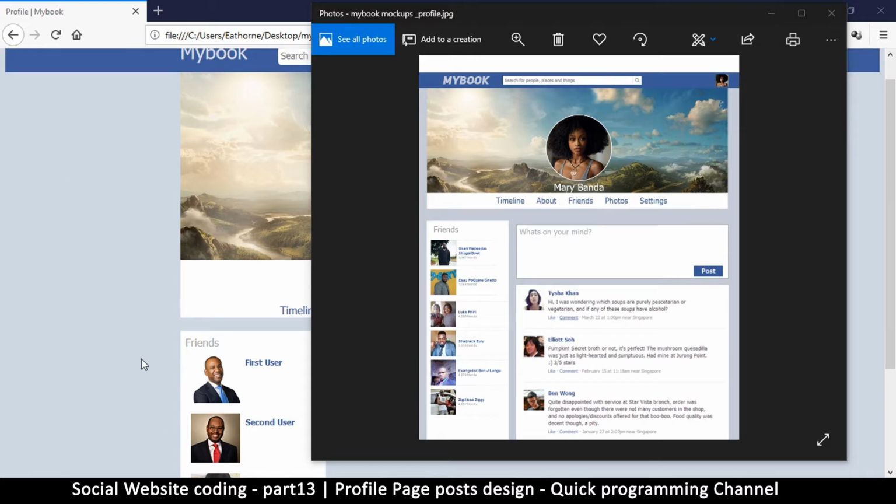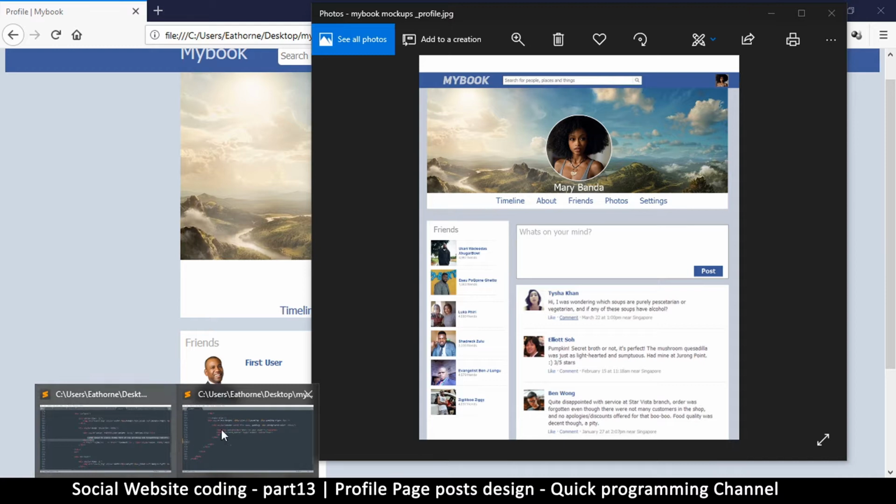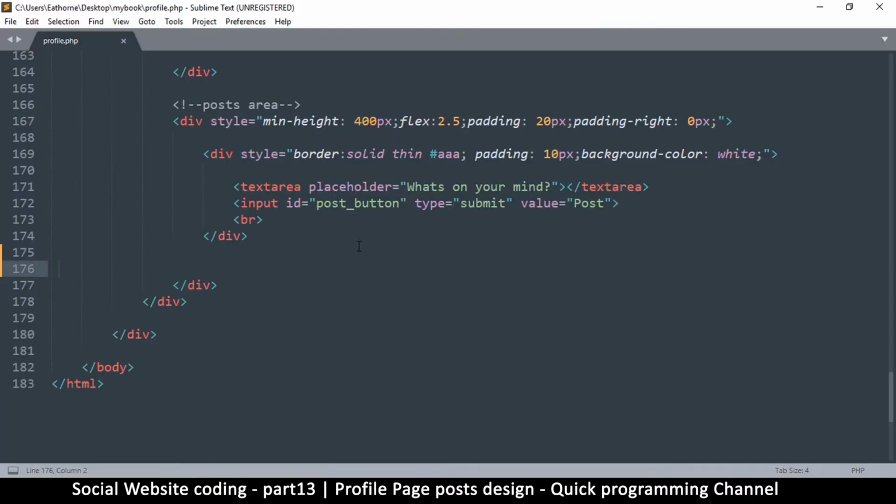Okay, so let's dive into our text editor and do just that. All right, so if I get my comment here and put it down here so that we just know exactly what we are doing here. This one is for posts. Okay, so let me create a few divs. The first div, as I mentioned, will be the